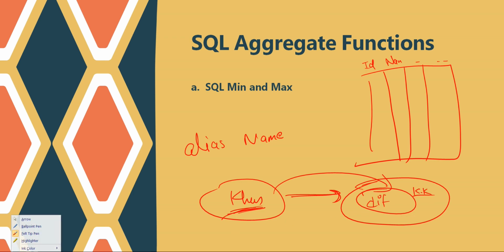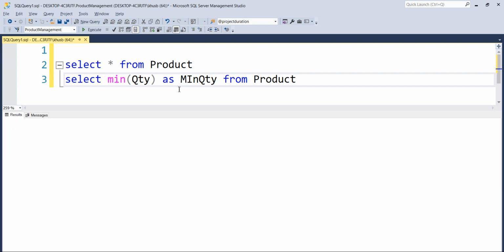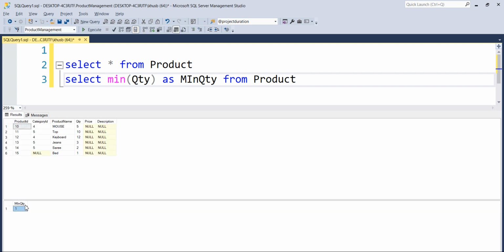So alias name is basically a name given to an existing one. So this minimum quantity is already existing in this table. I am only going to evaluate this and I want to give a name to this. So now as you can see, we have a name called min quantity. So we can give something like this name.